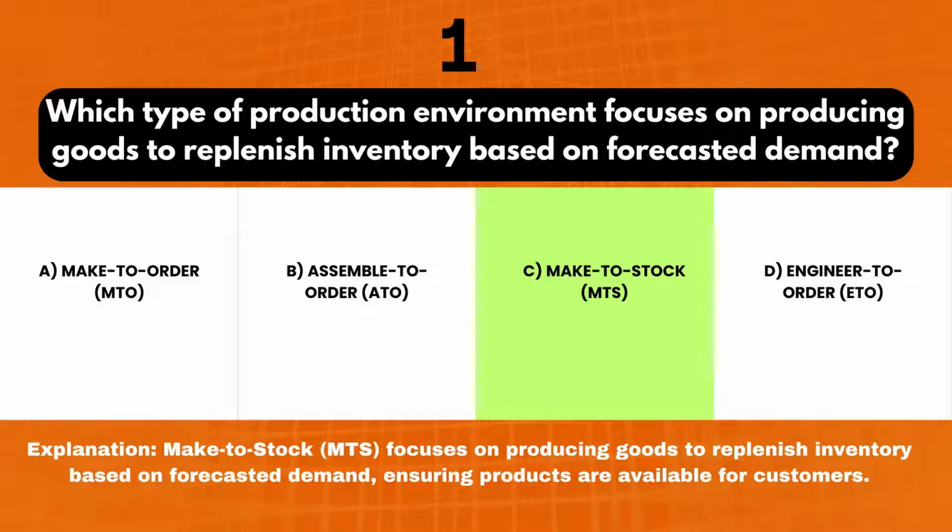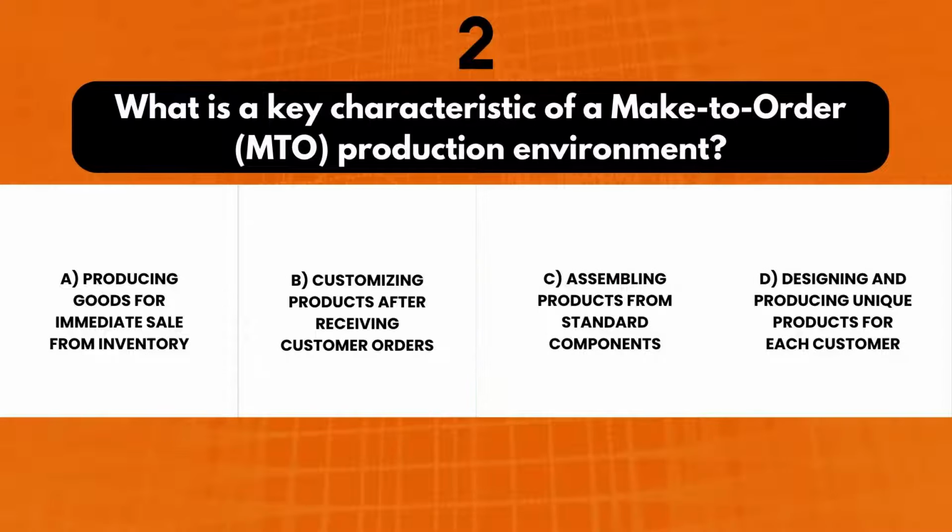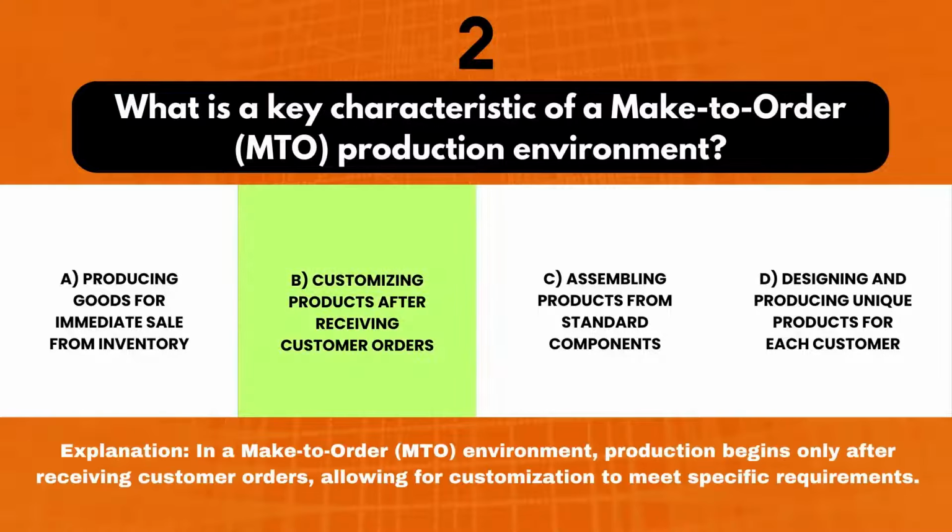available for customers. 2. What is a key characteristic of a make-to-order, MTO, production environment? A. Producing goods for immediate sale from inventory. B. Customizing products after receiving customer orders. C. Assembling products from standard components. D. Designing and producing unique products for each customer. Correct answer: B. Explanation: In a make-to-order, MTO, environment, production begins only after receiving customer orders, allowing for customization to